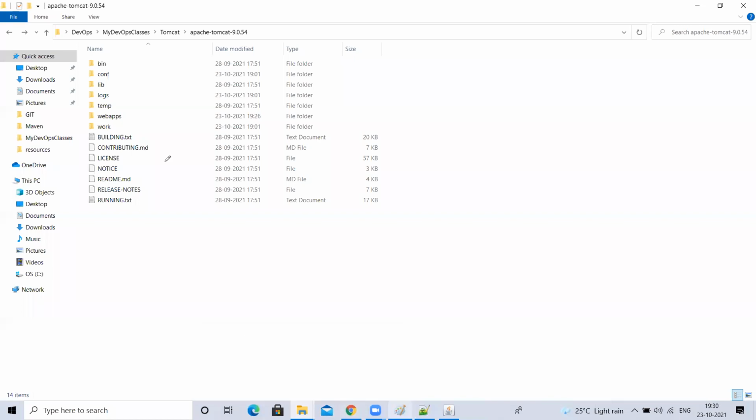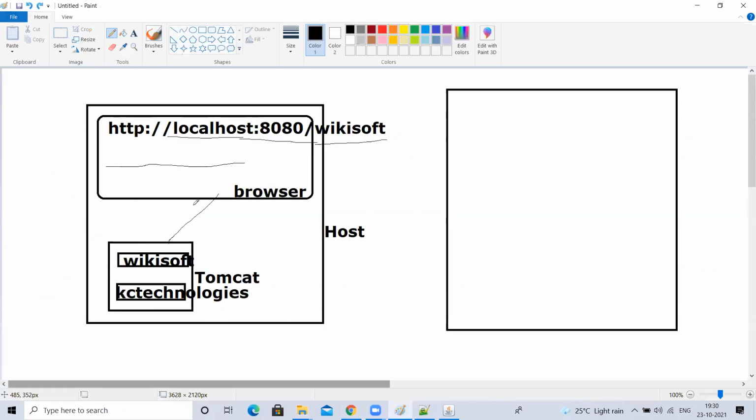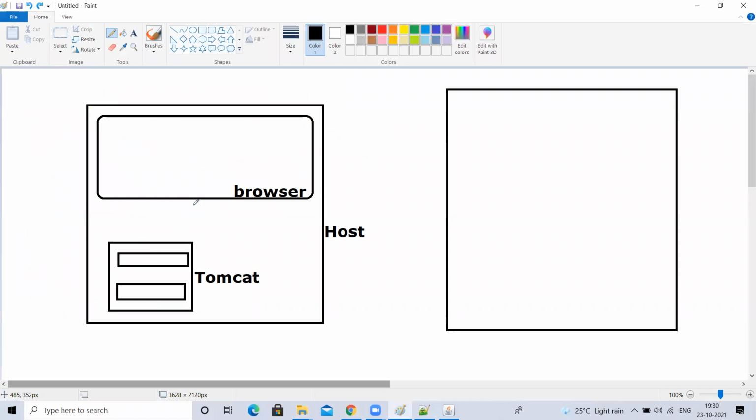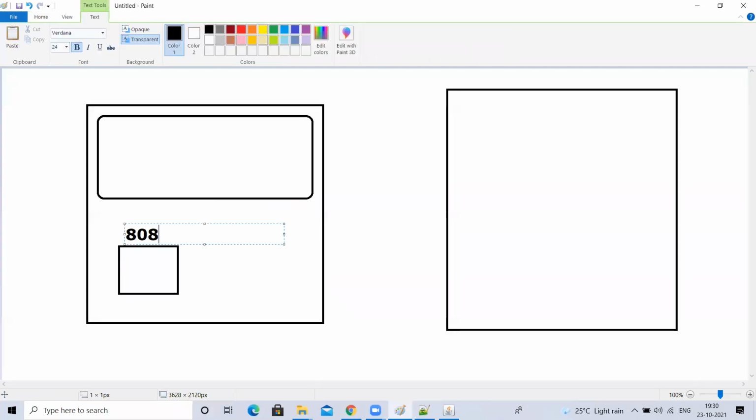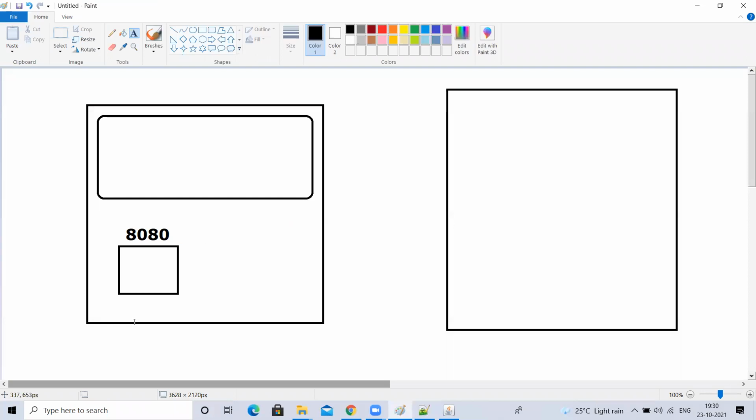See, first time I am deploying my application, means first time I am trying to configure Tomcat. What is the default port number of Tomcat? 8080.